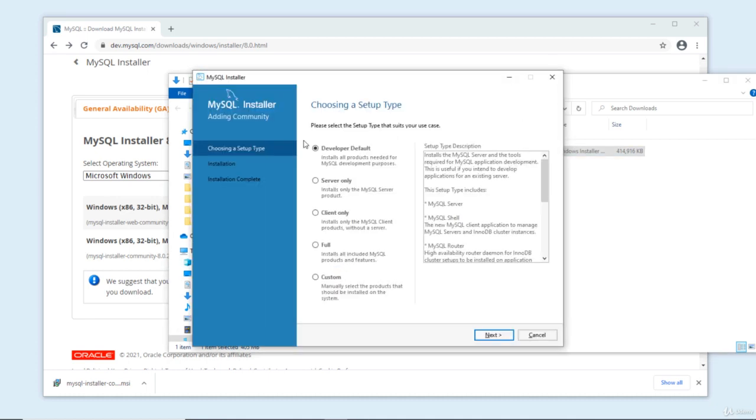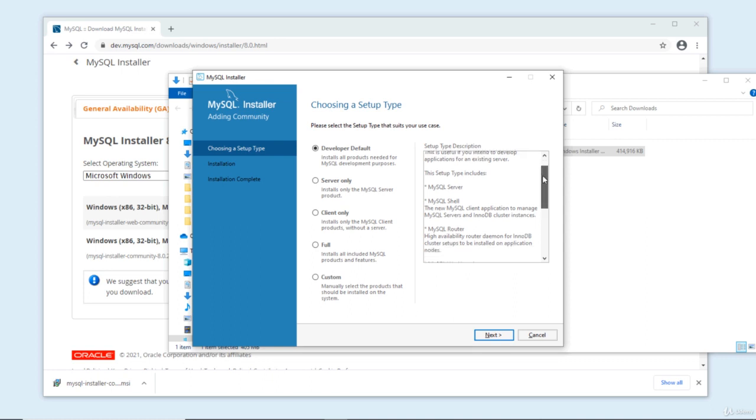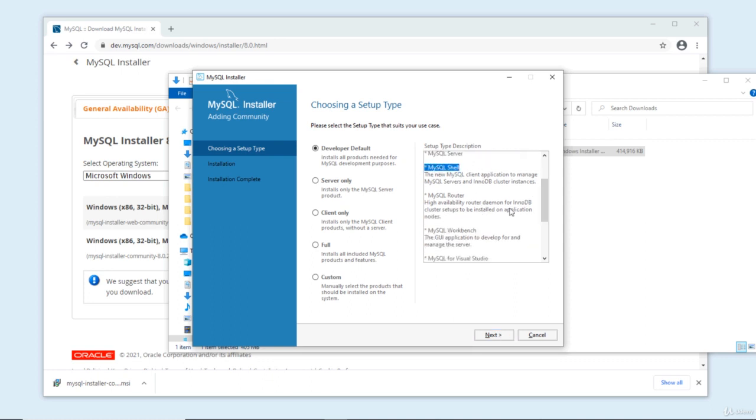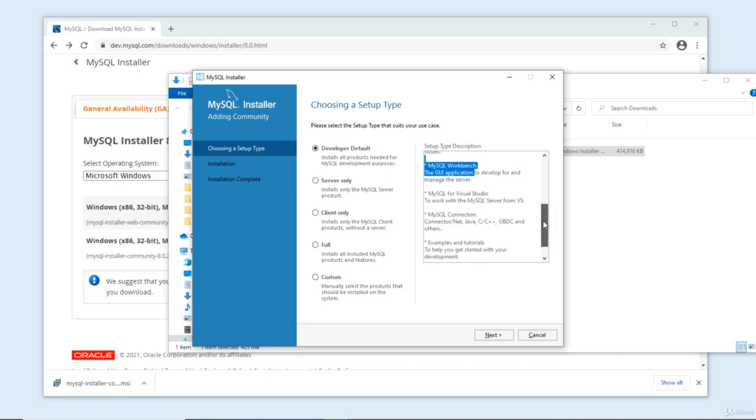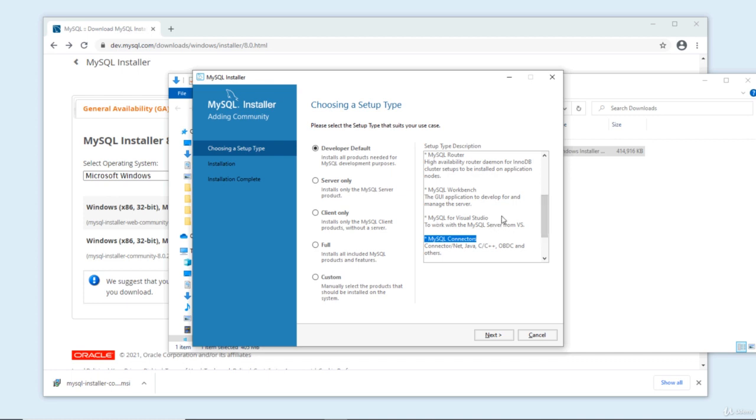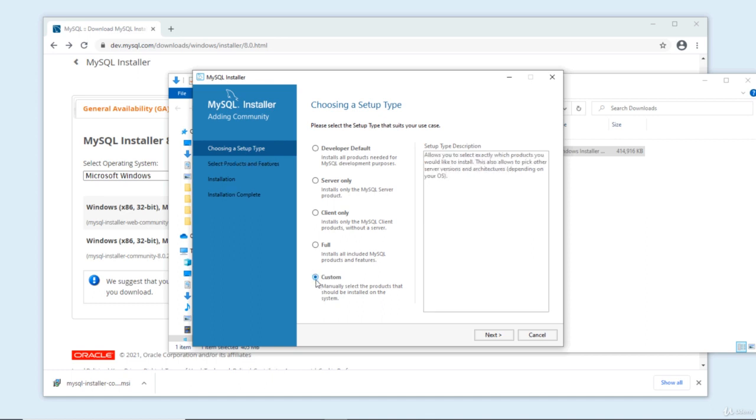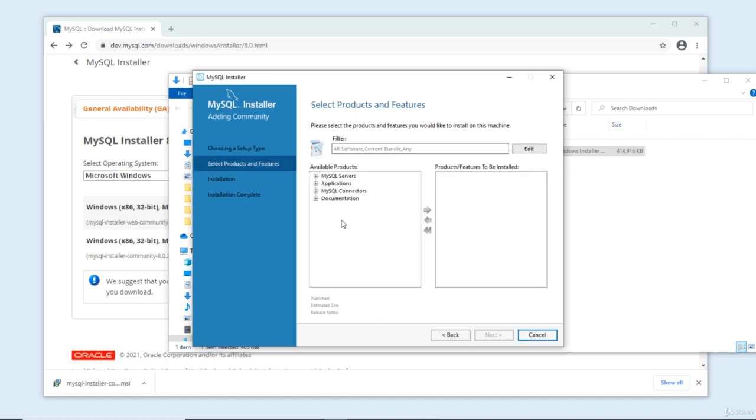Here comes the MySQL installer program, and by default it recommends the setup type Developer Default here, and you can see it will install MySQL Server, MySQL Shell, MySQL Workbench, MySQL for Visual Studio, MySQL Connector for Java, .NET, and examples. We don't need to install MySQL for Visual Studio and the connectors, so choose the setup type Custom, and click next. And here we choose to install only MySQL Server 8.0 here,